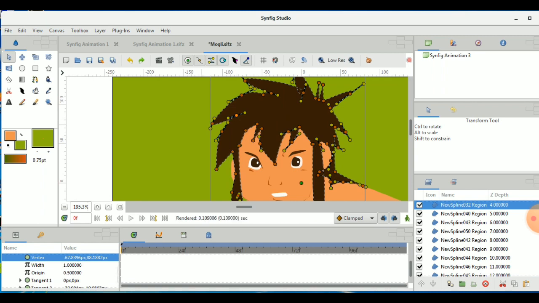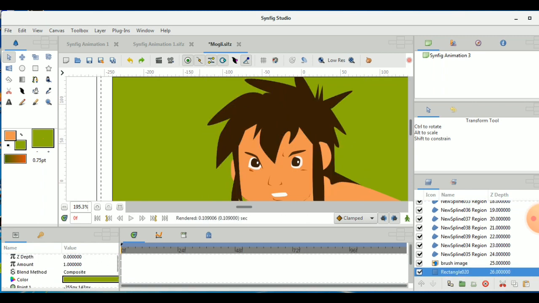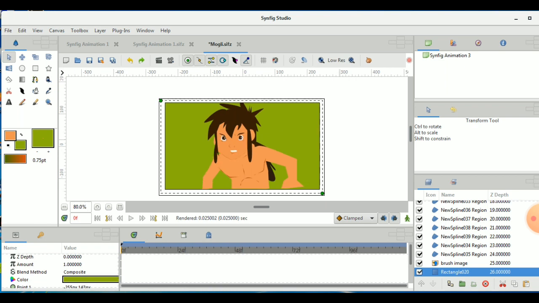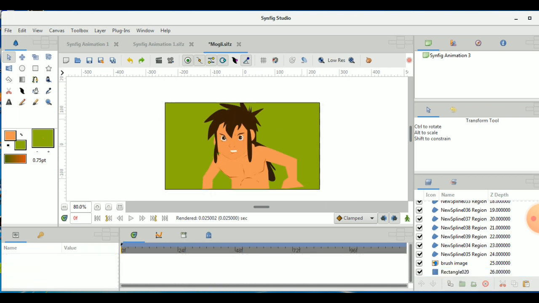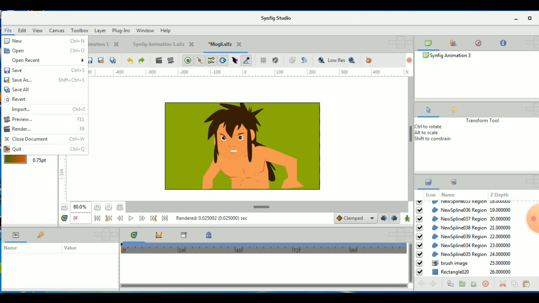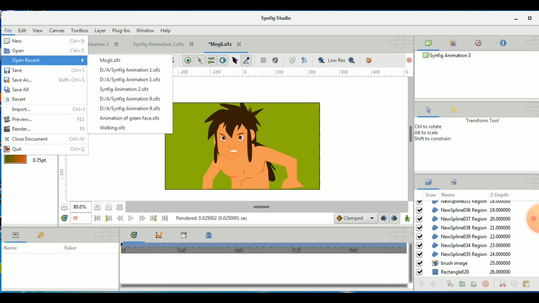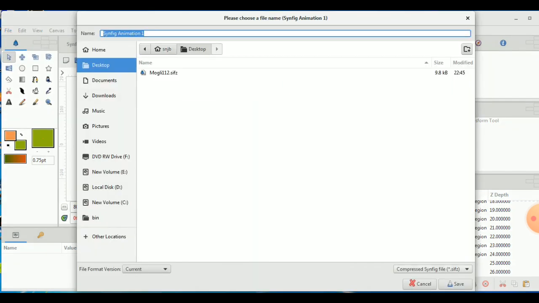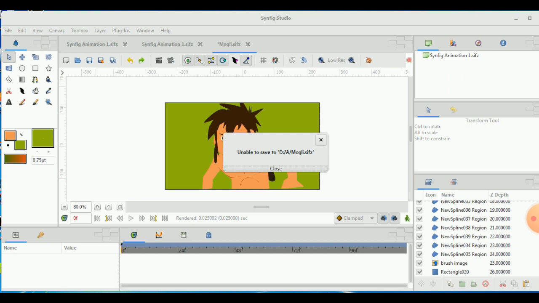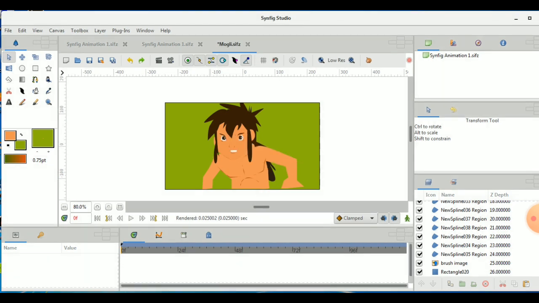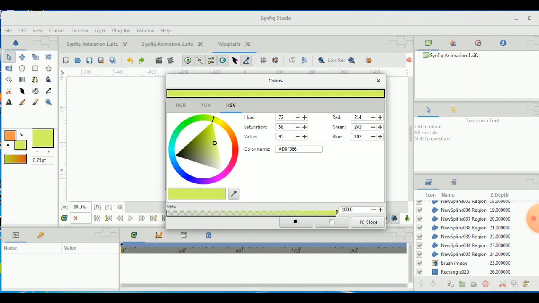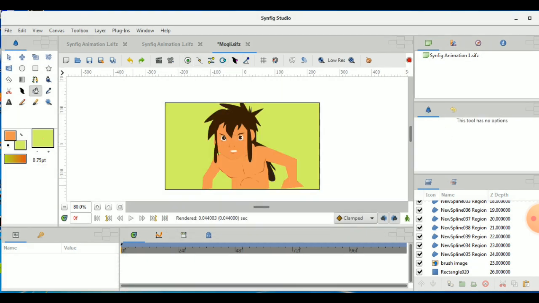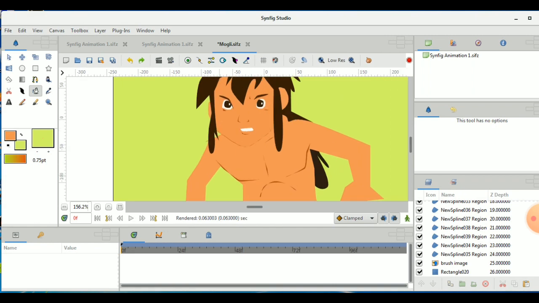As I select the frames, now you can give a finishing touch to it so that it will have the look. Now you can see that he is looking immobile. You can draw such a number of things. It was having the problem of saving, but when I opened it, it was saved. So the green color was somewhat darker, so I changed it and I gave it this color.